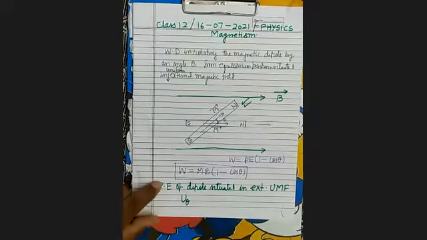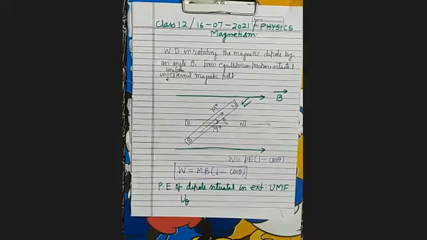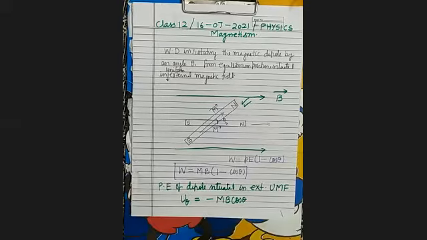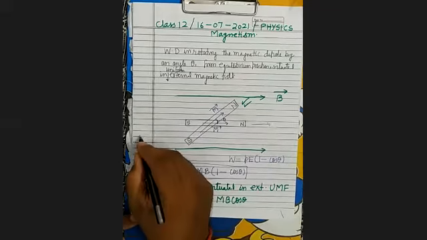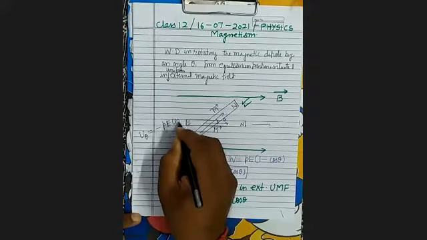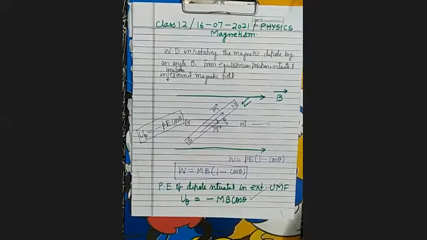As we know that what is potential energy? It is the work done in establishing in that position. It's clear. So U theta will be equal to minus MB cos theta. As you know that in electric dipole, the same formula is this. U theta equals to minus PE cos theta. It's clear. Now here U theta equals to minus MB cos theta. Now see here. So these are all formulae related to the magnetic dipole.